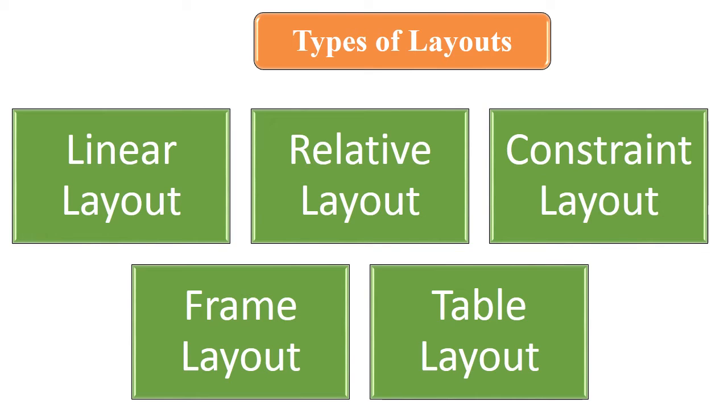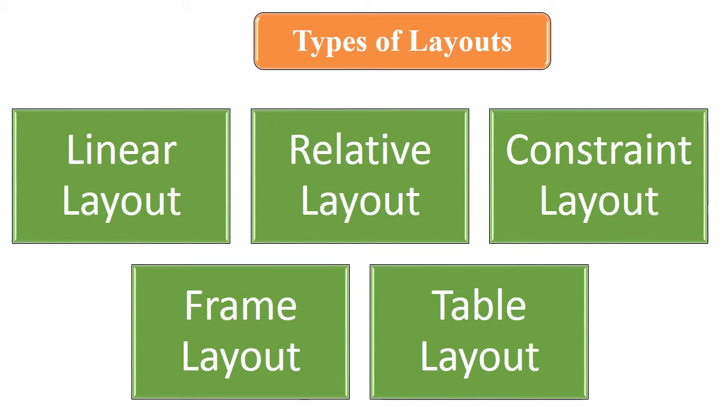Then the relative layout is a view group subclass used to specify the position of child view elements relative to each other, like A to the right of B, or relative to the parent,